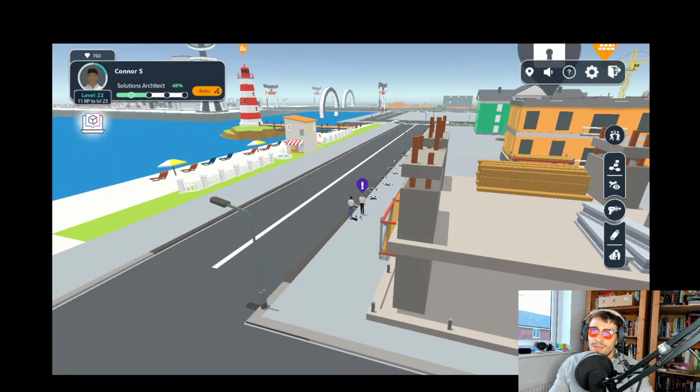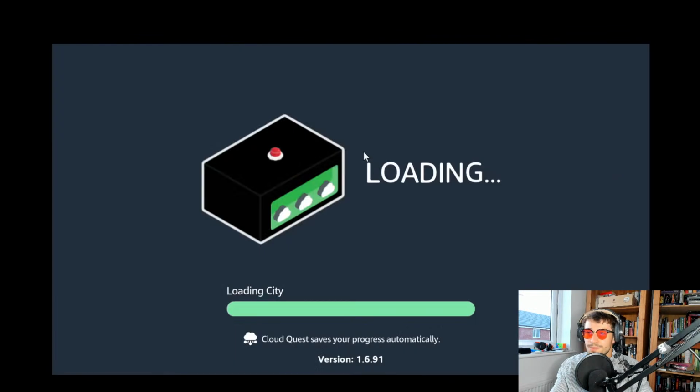I am walking through the solutions architect part of the game now. This is a game made by Amazon Web Services to help you learn how to use the AWS cloud. I finished the cloud practitioner part, which is where you learn the basics of AWS. And now I'm on the solutions architect, which is where you learn how to use it even better. So I just did a CloudFormation task, and now I'm going to do